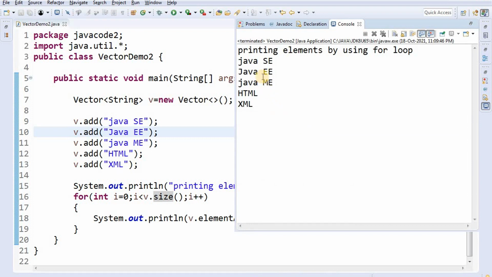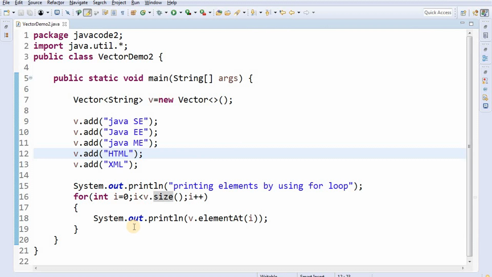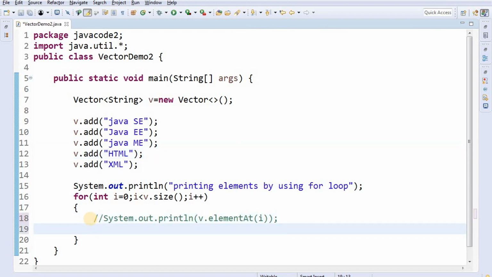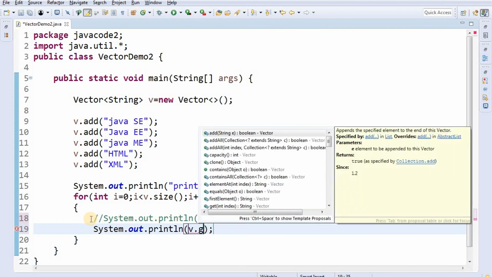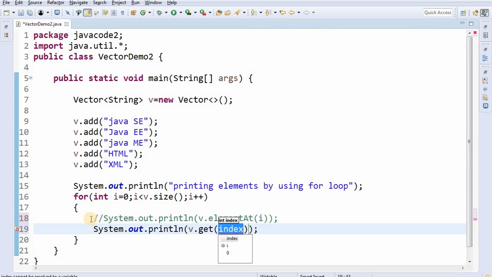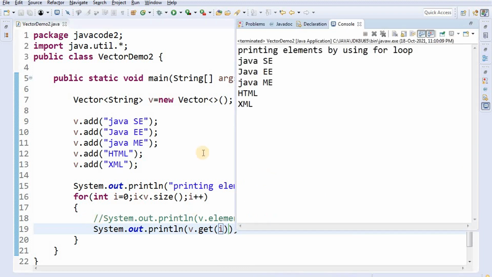Yes, we printed the 5 elements from the vector by using the elementAt method. Instead of that, you can also use another method, that is sysout v.get. Here give the index, that is i. Now run the code. Yes, here also we got the output.